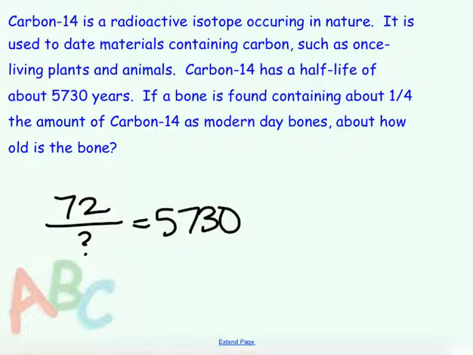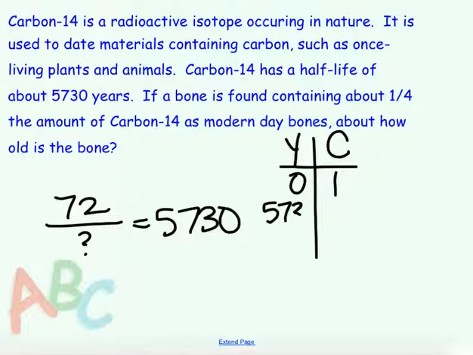So if we have a bone that is found containing about 1/4 of the amount of carbon as modern everyday bones, how old is the bone? So let's just make a table and think about this logically. So if I have a number of years, I'm going to have a certain amount of carbon. If I have 0 years, this bone is new and fresh, it's going to have the full amount of carbon, 1 representing the full amount of carbon. Whereas if I take 5,730 years down the road,